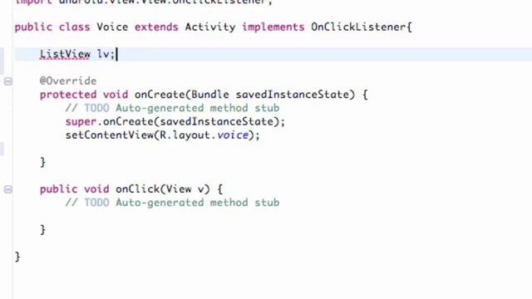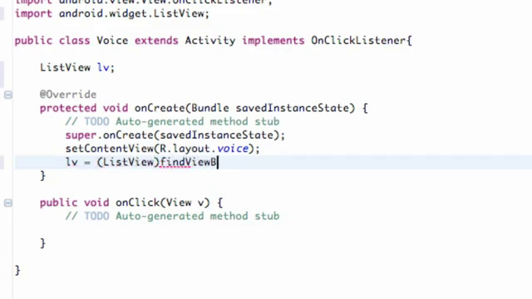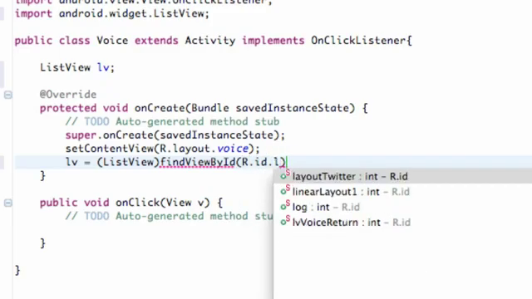LV, add our imports, and there we go. We're also going to set up our list view to have that reference bridge or whatever. Find view by id, R.id.listViewVoice,